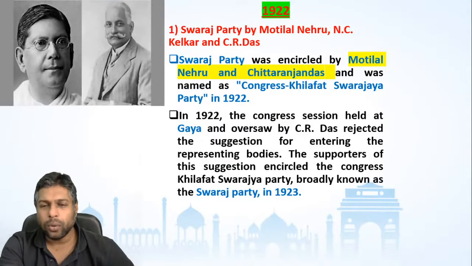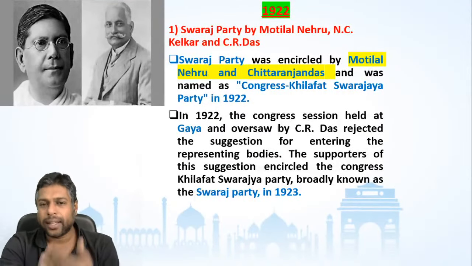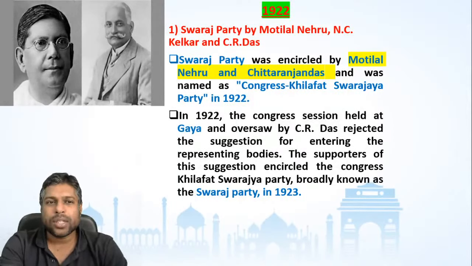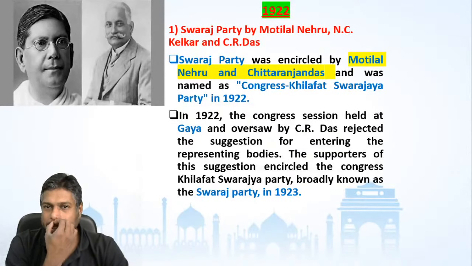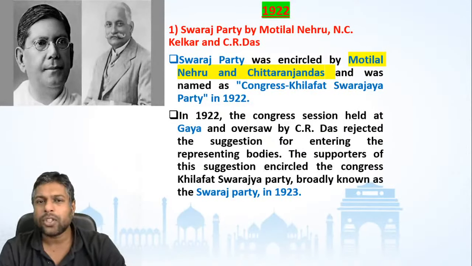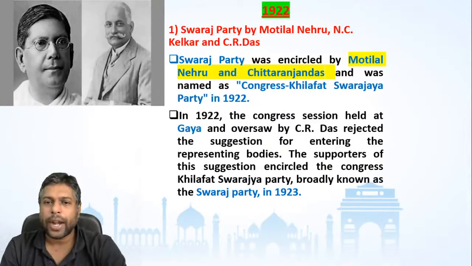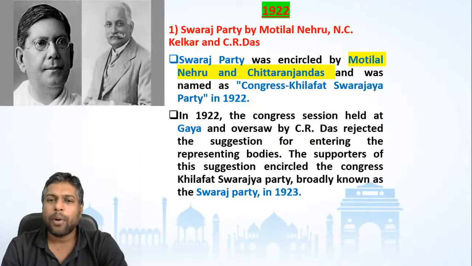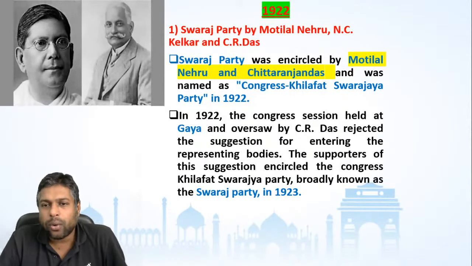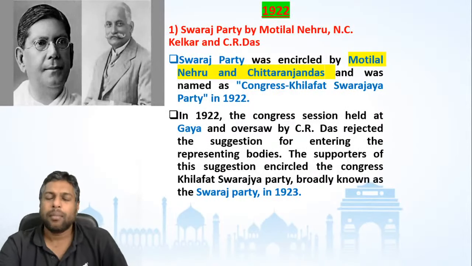And in 1922, while the non-cooperation movement was going on, Motilal Nehru, this is Jawaharlal Nehru's father, and Chittaranjan Das formed the Congress Khilafat Swaraj Party in 1922. The Congress session held at Gaya in Bihar and overseen by C.R. Das rejected the suggestion for entering the representing bodies, and broadly the Swaraj Party, the Congress Khilafat Swaraj Party, in 1923 we finally merged it